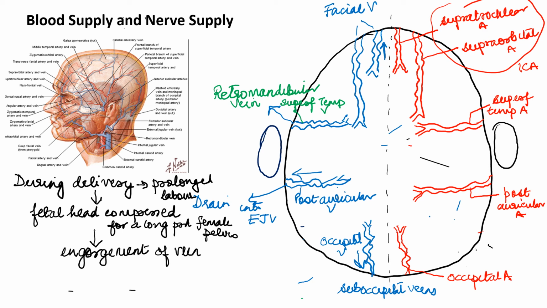So if there is compression in this area, the venous blood going from here cannot drain. There is engorgement. Engorgement of veins results in a swollen and edematous scalp, and this condition is known as caput